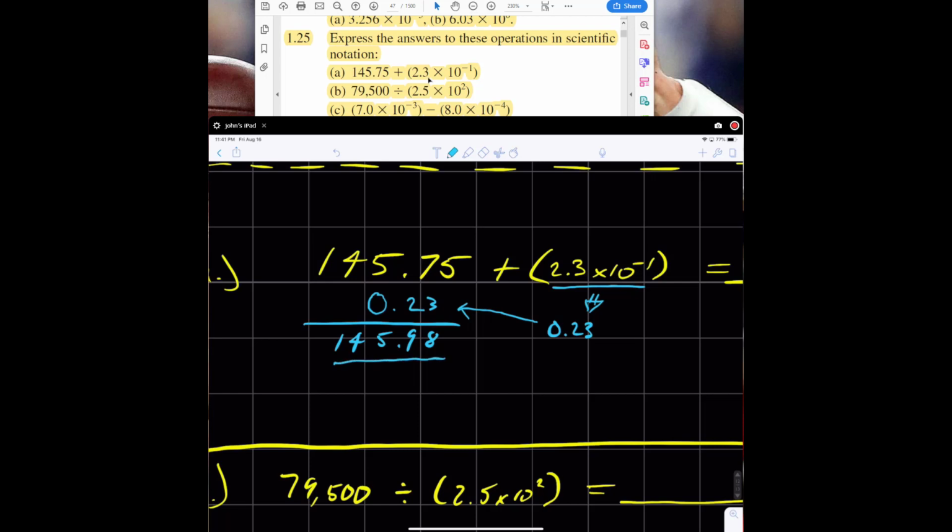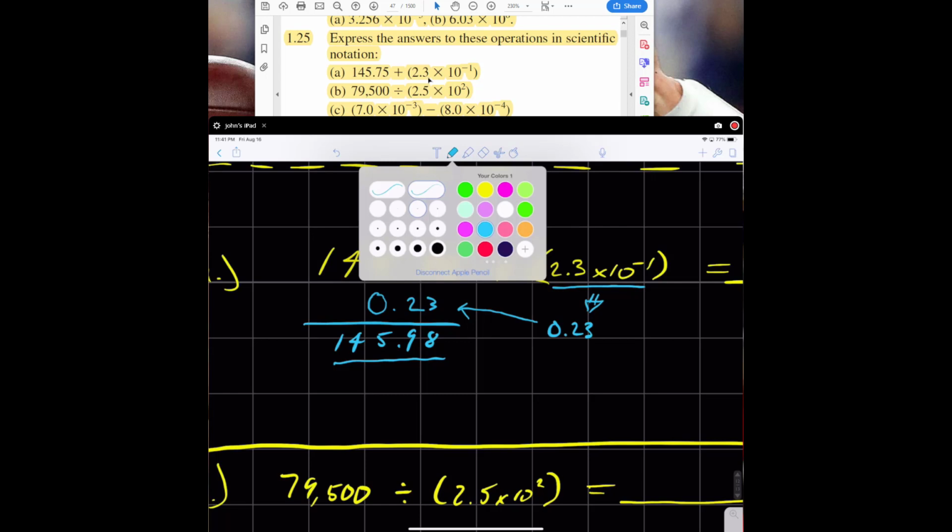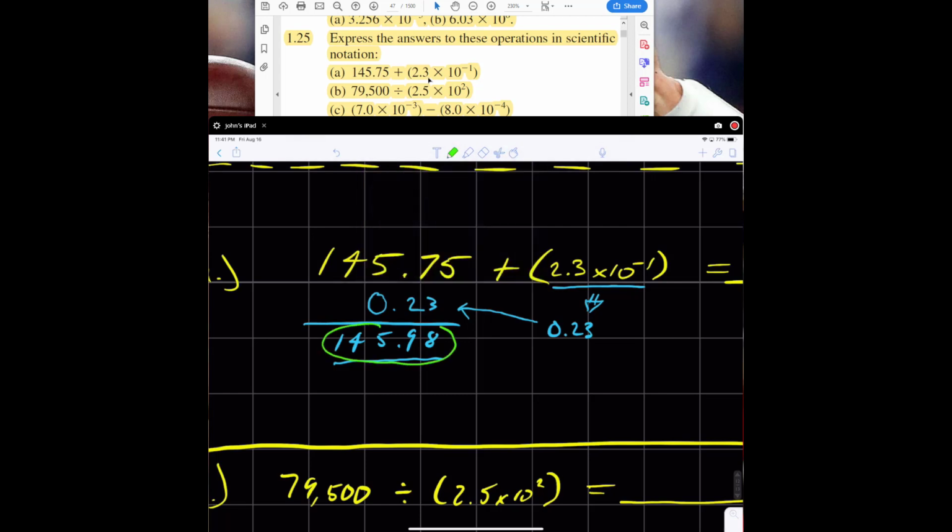So this is our answer, but now we have to take this into scientific notation. So our N, a number between 1 and 10, would be 1.45